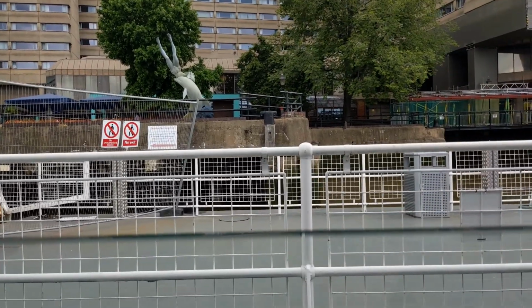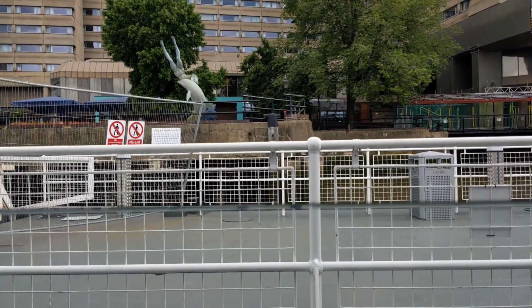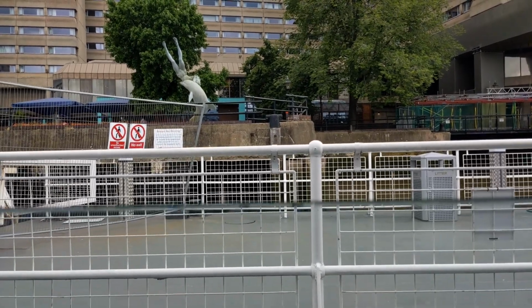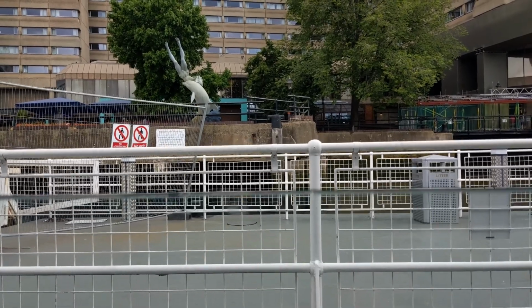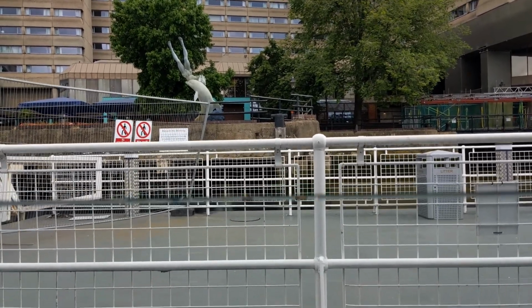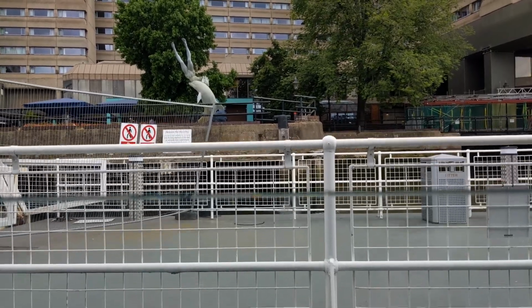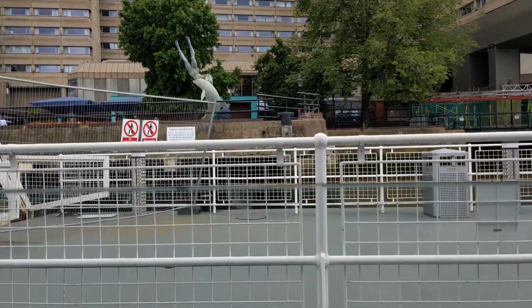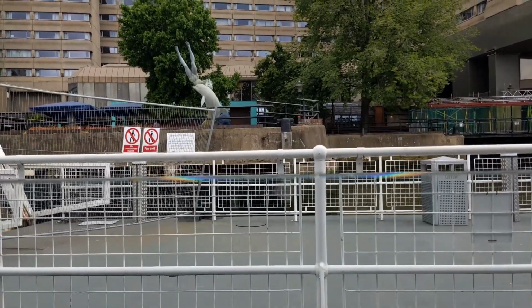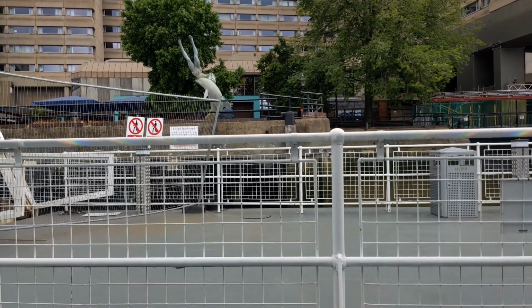Because actually some people are coming in, and some people are getting out of the ferry. So it's just like changing passengers now. And I hope you can see the view, really nice. This is one of the stopping piers,